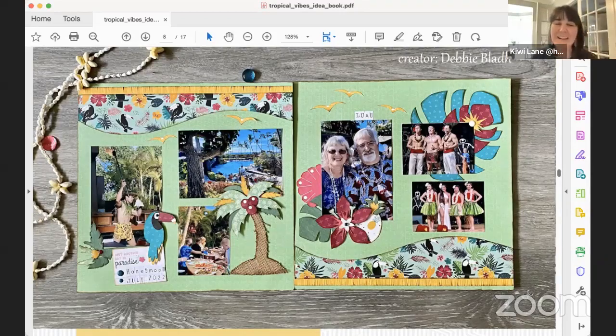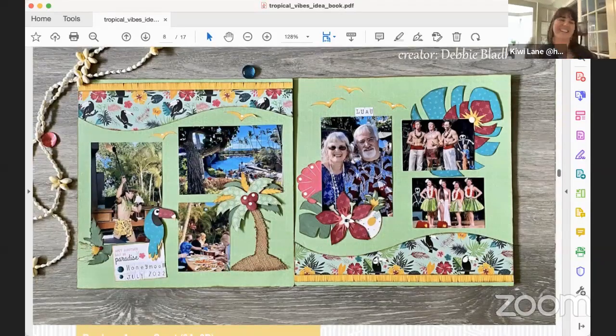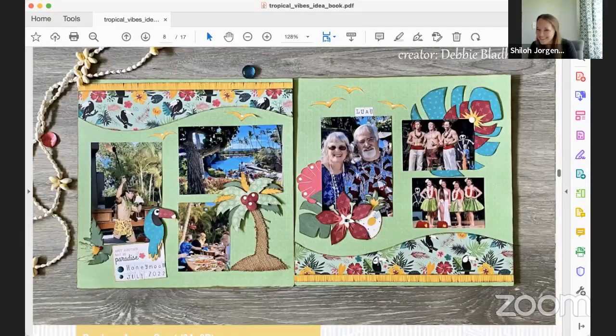Well, and it's fun when you can be inspired, because there's so much on this page to be inspired by. I really did at a certain point with this kit because it was so cute. I was like, dang it, why did I scrapbook my Hawaii trip already? I think I just need to take another Hawaii trip because it's kind of perfect for Hawaii memories. Besides that, the girls had their 15th birthday with a tropical party theme, but I already scrapbooked those too. So I was like, maybe I'll just scrapbook them again for fun. It was so cute. Buy an extra kit.